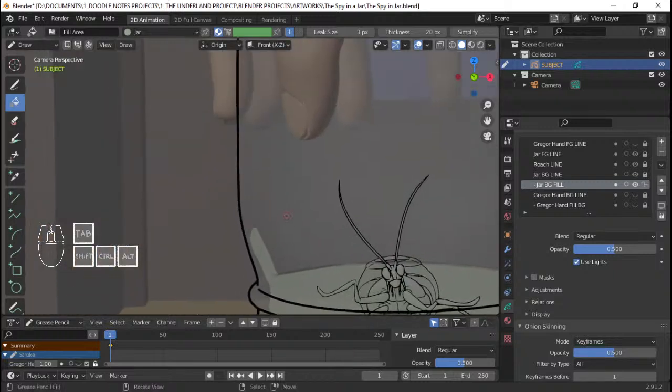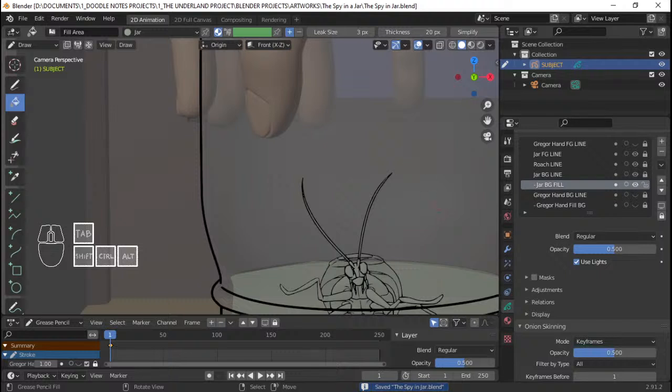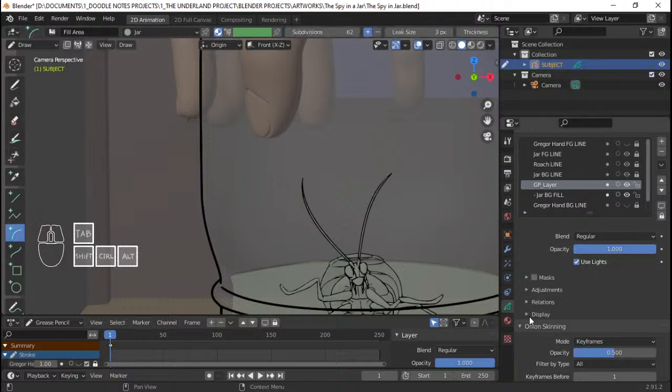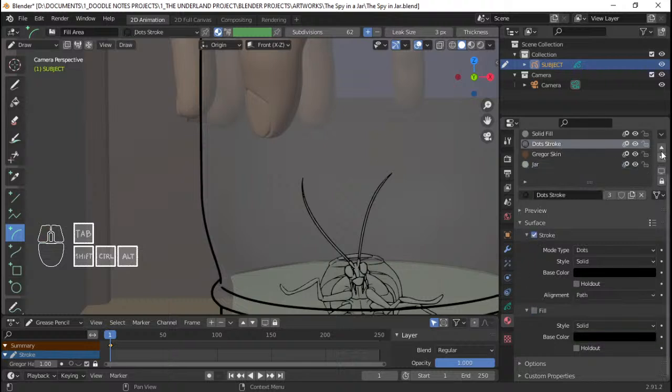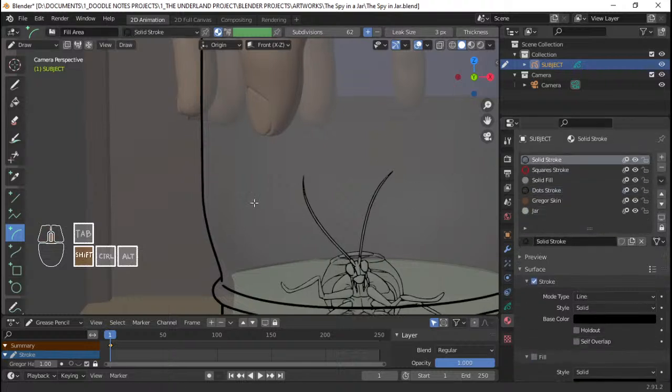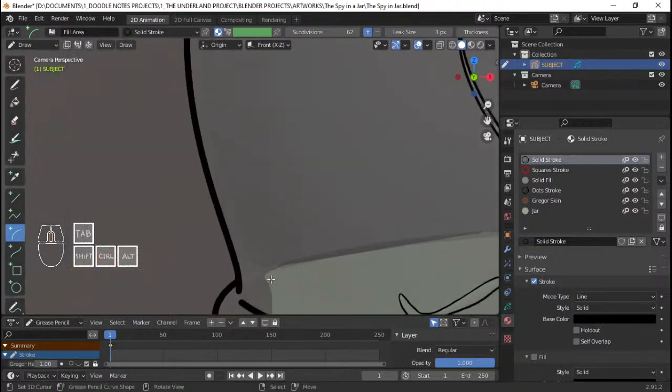I'm probably going to have to do something here. I'm gonna add a new grease pencil layer, and this is just a temp layer so that I can add lines so that I can easily fill this up.